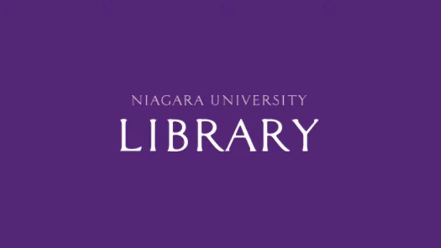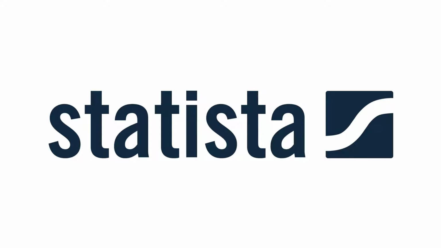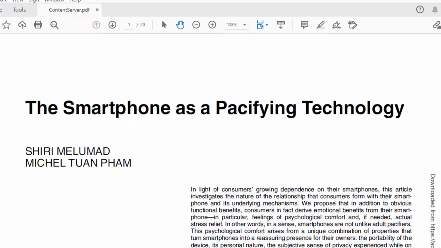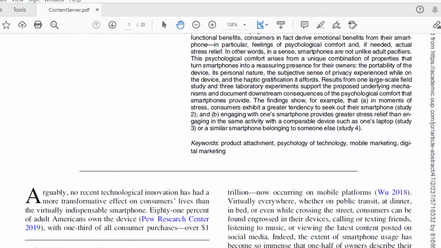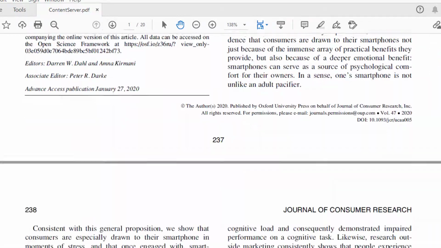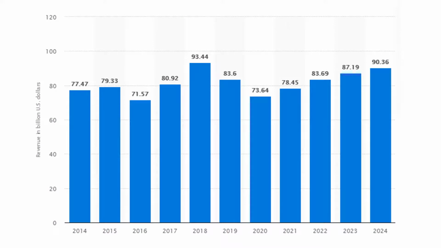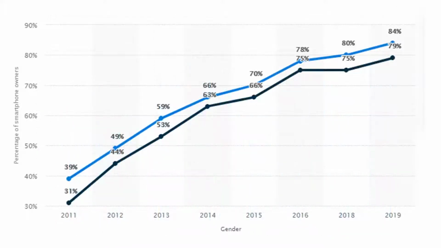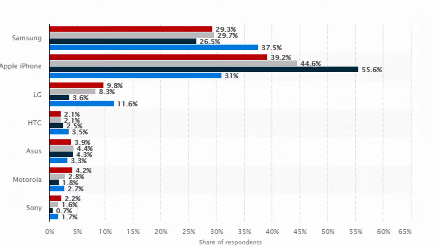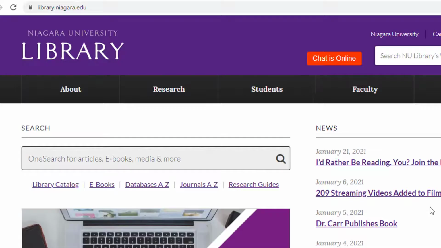So, you want to know how to use Statista? Statista is one of the databases that NU Library subscribes to, and it's a little different from many of our other databases. Instead of having articles from journals, magazines, and newspapers, it has numerical data from surveys, statistics, reports, and other kinds of information. To get there, we'll start at the library homepage,